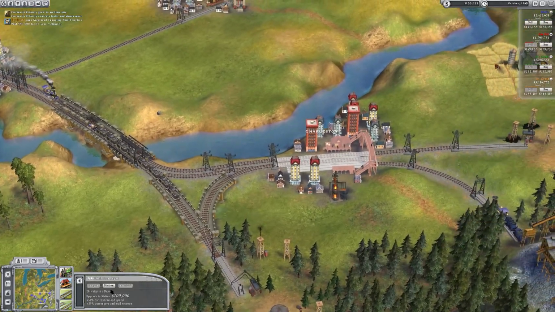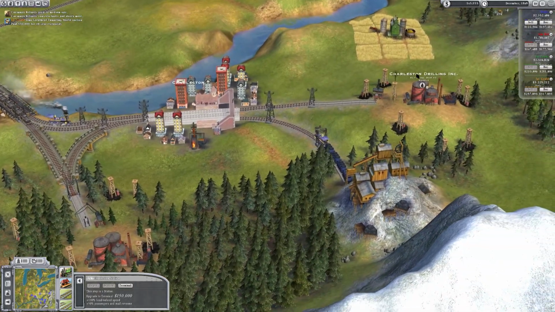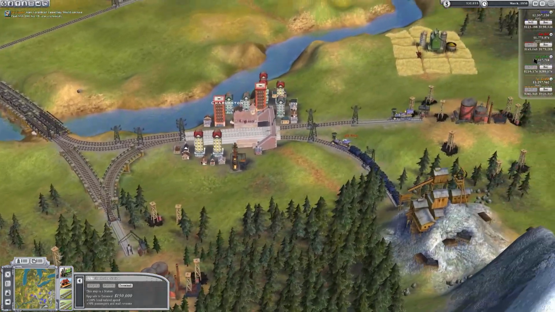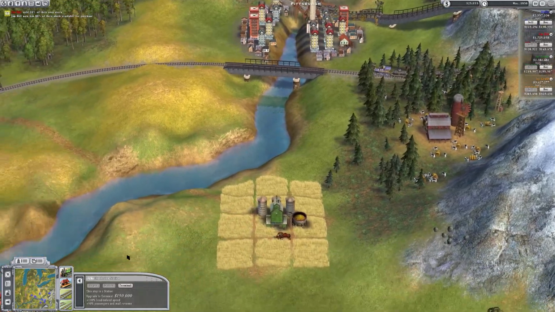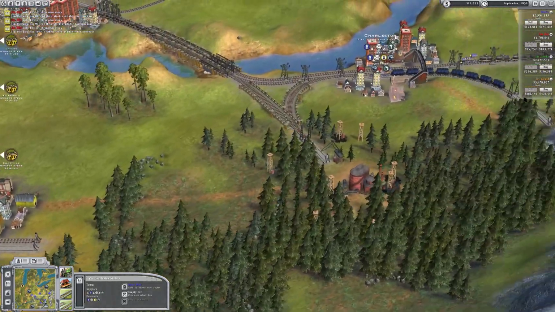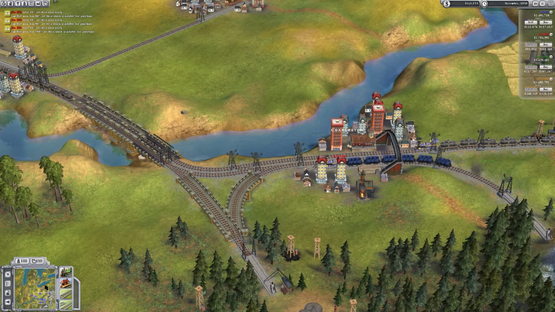Okay, so let's go ahead and we'll get a station in Charleston. So we've got 1, 2, 3 oil wells. No, 1, 2, 3, 4, actually. We've got them all, I think, on the map. And we've got 1 ore. But the ore, there is another one over here. It is possible for me to potentially...